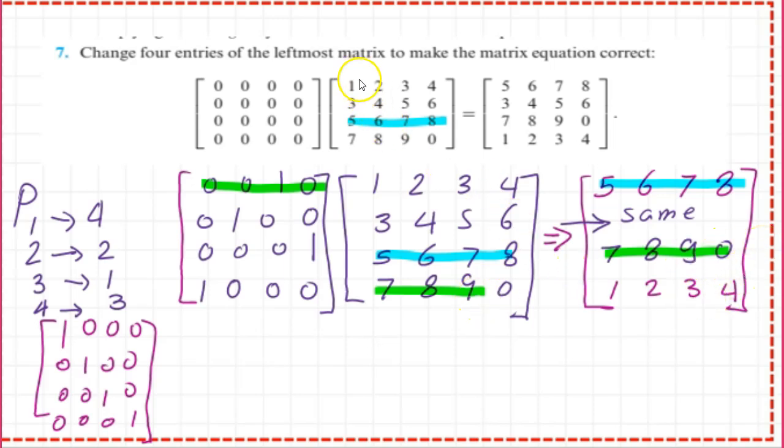Finally, the first row becomes the last row. So this is the first row, 1, 0, 0, 0 in the identity matrix. When we multiply by the first column, we get 1, followed by 2, followed by 3, followed by 4, but in the last position. We come to the end of our video.